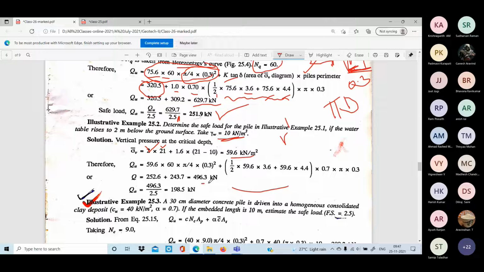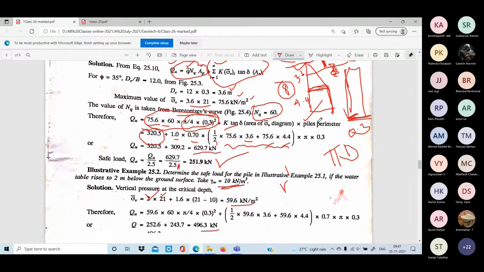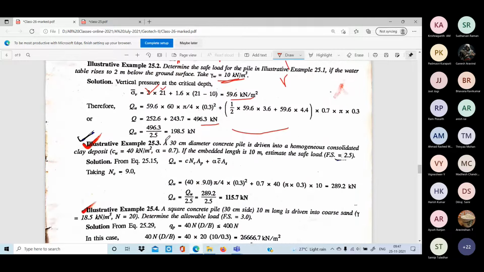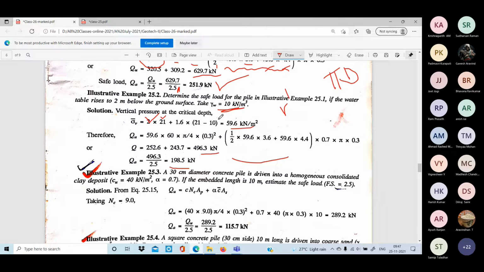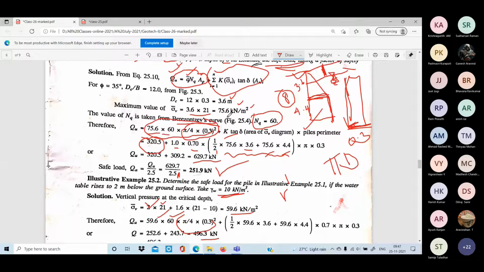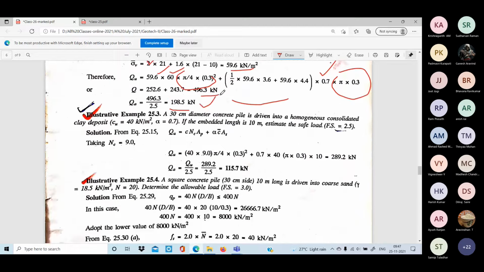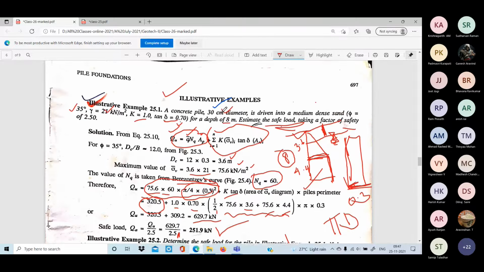Then if we do it quickly, the stress diagram also, according to that, if you do it, you will get an answer. Here also, safe load they have asked, okay? So likewise we can solve. This is pi d square by 4 NC. Already you got this by using this formula, okay? By using this formula, you take the area and pi d, and tan delta alpha, you will get this answer. This is the story about the sandy soil.